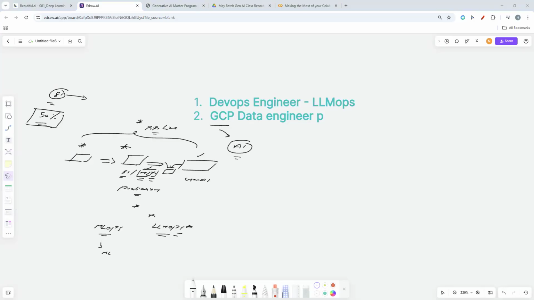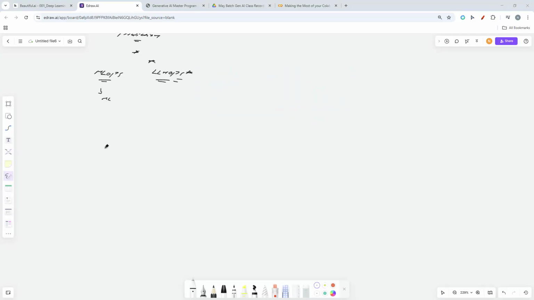A question has come up: after we complete this course, how much experience can we show in our resumes for generative AI? It's been around 3 years since generative AI jobs have started. Even for me, it is some 2+ years of experience on generative AI.